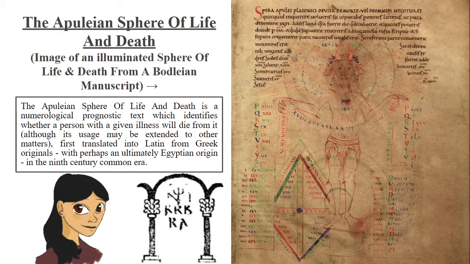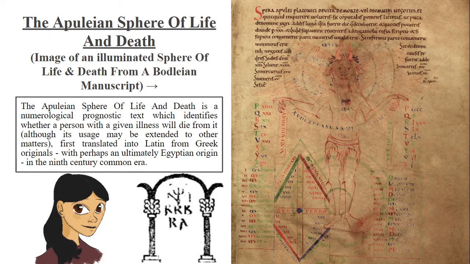And today we're going to be talking about what the hell this means and how you can use it in your own personal witchcraft practices. So what is the Apuleian sphere of death? It is a prognostic which seems to have come into the Latin West from Greek sources, and some scholars think that it was originally transmitted in the 6th century, although the earliest manuscript attestations that we have of it come from the 9th century. And in England, I believe the earliest we have is the 10th century Common Era.